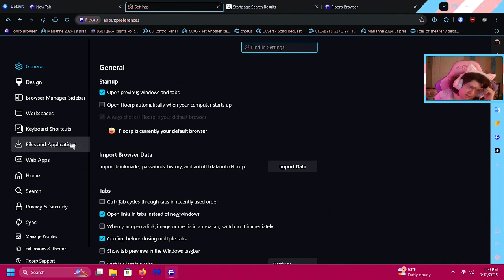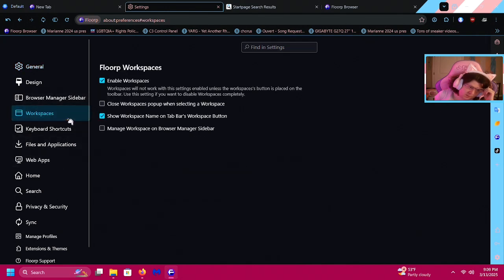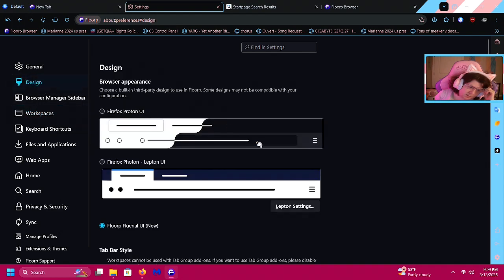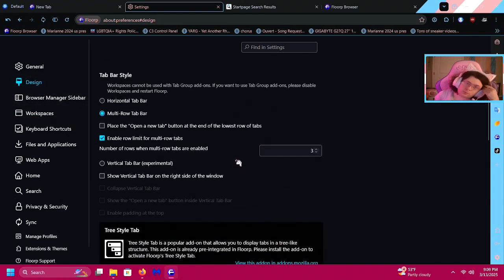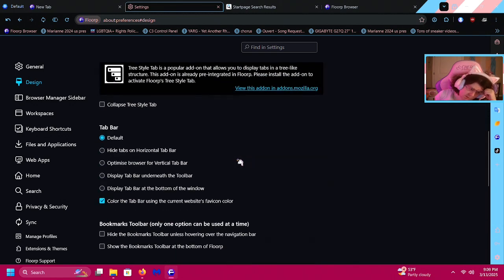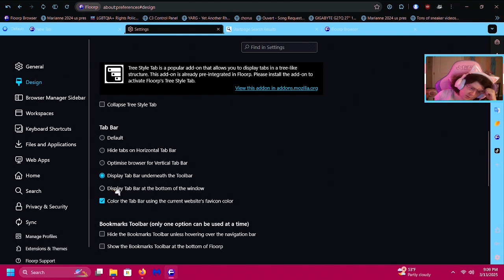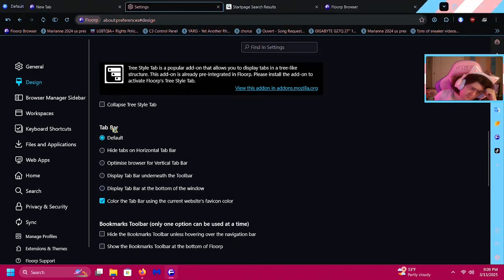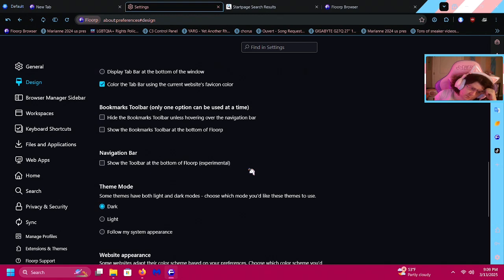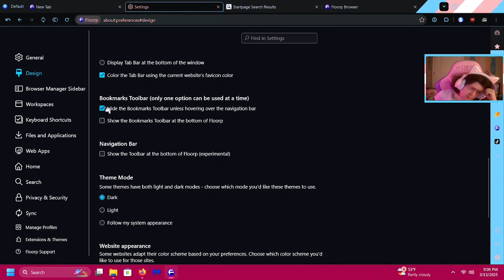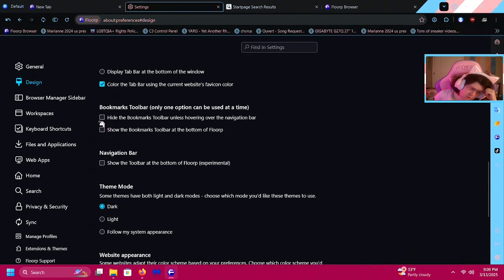There's the web, the workspaces, but design on all of this. Optimizable browser for vertical tabs or vertical tab bar there, tab bar to display, default. We're just going to leave it default. You can hide that. Show the bookmark toolbar at the bottom of Floorp. Like you can change